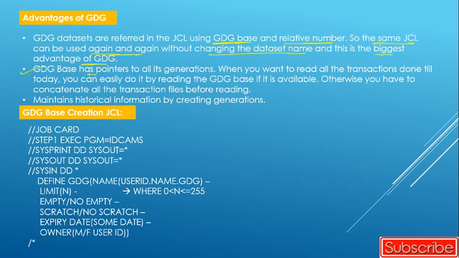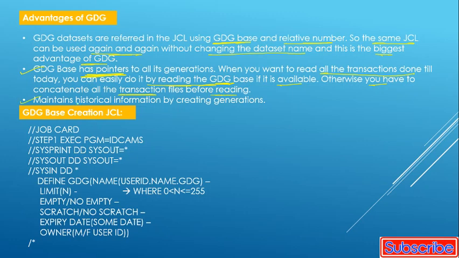The GDG base has a pointer to all its generations. When you want to read all the transactions done till today, you can easily do it by reading the GDG base if it is available. Otherwise, you have to concatenate all the transaction files before reading.